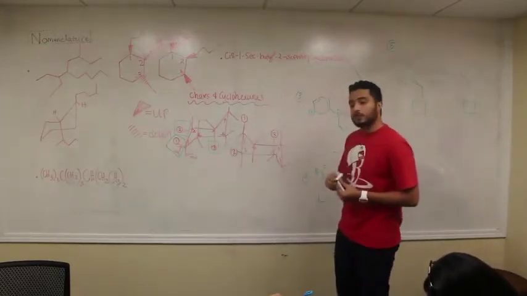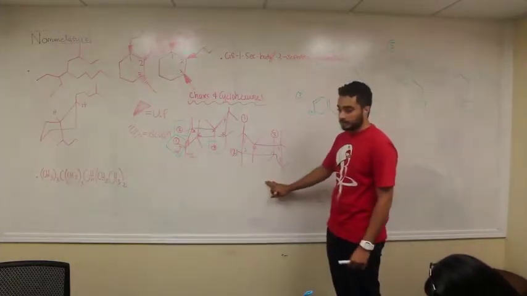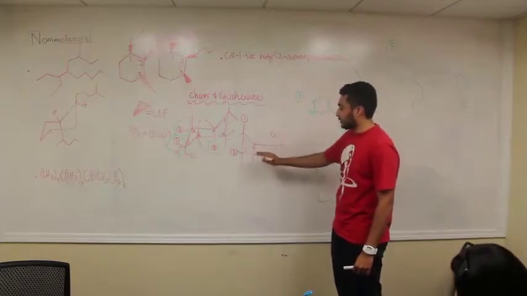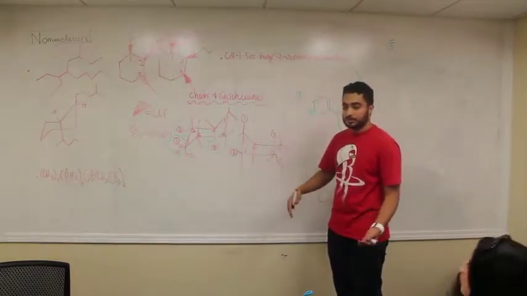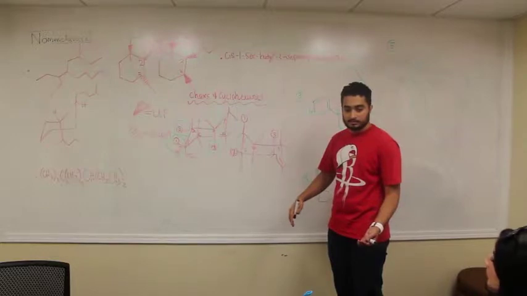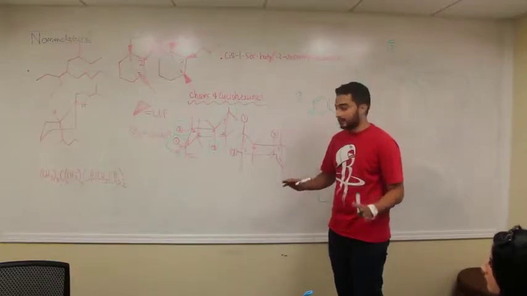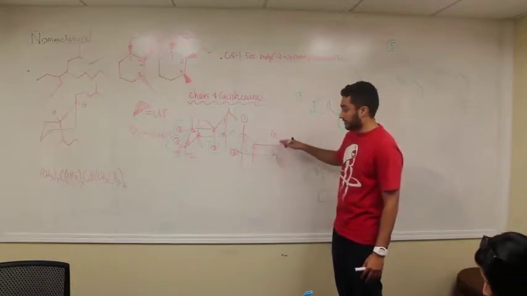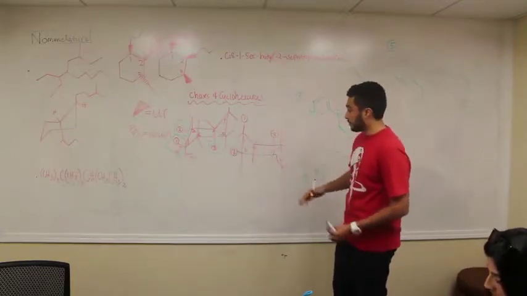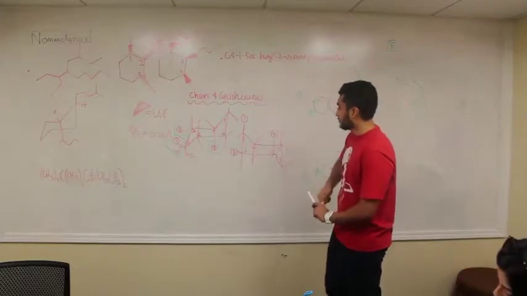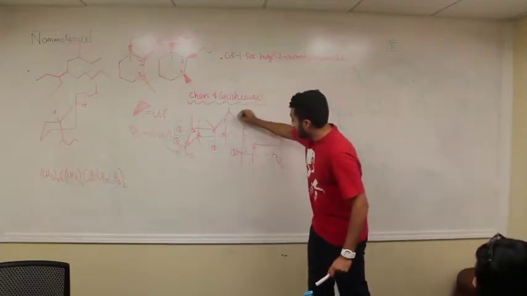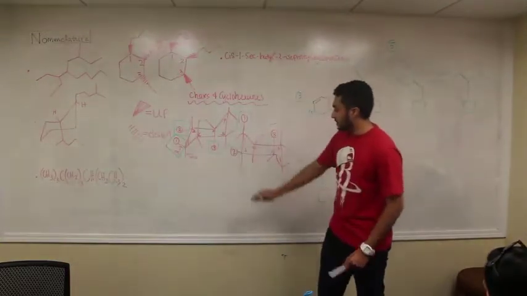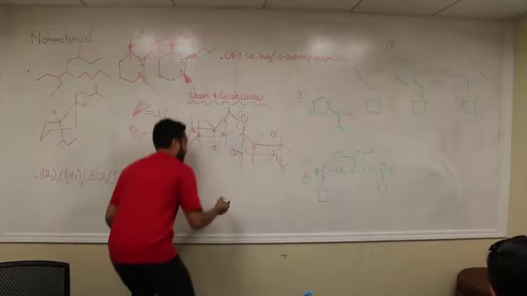So if you only draw one chair conformation, like how we just drew over here, and you see that you have 2 axial groups and 1 equatorial, what does that mean when you draw the other chair conformation? It's going to be the other one's going to be the more... Exactly. So anything on axial on the first chair will now be equatorial, and everything that's equatorial would then become axial. So we have 2 axials here, right? And then here's the second axial, and then here's the first equatorial. So if we draw this inverted,